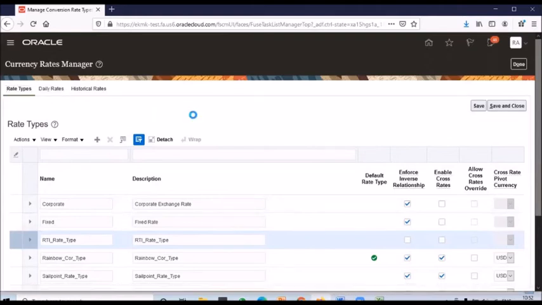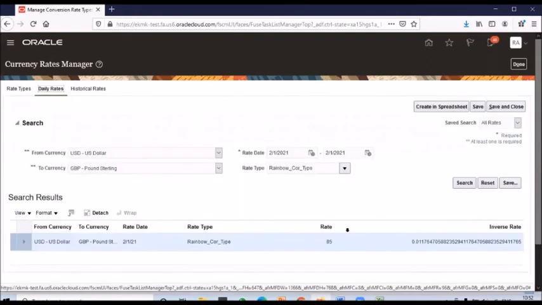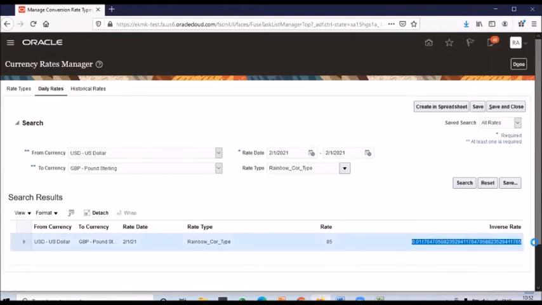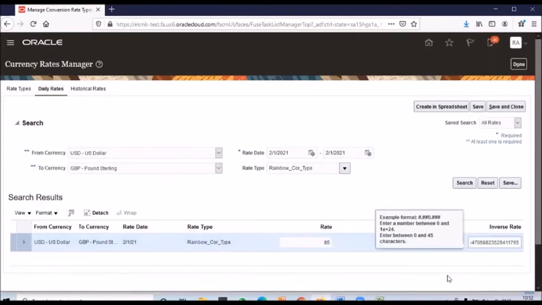The moment you give USD to GBP, the system automatically calculates GBP to USD and updates it. You can see this rate we are not giving, but the system calculates it. So if you require the inverse rate, enable the checkbox and it will come automatically. If I disable it and load, no rate is visible. That's what enforce inverse relationship does.